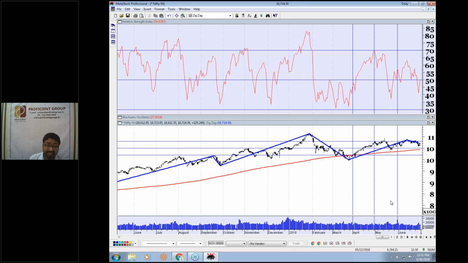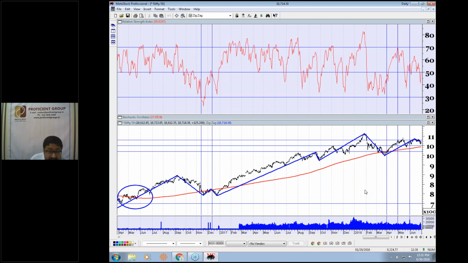But I will suggest you not to take these values for granted. And here I am showing you why. Because many times you will be seeing that in a bull market, right? And this is what I'm going to show you here. And this is the most important signal of RSI that I'm going to reveal to you,